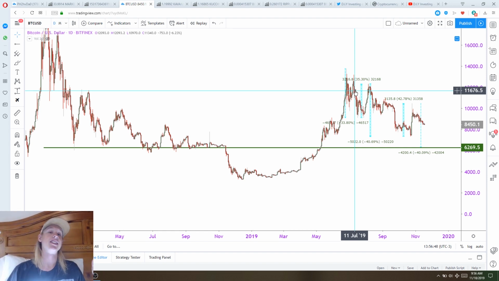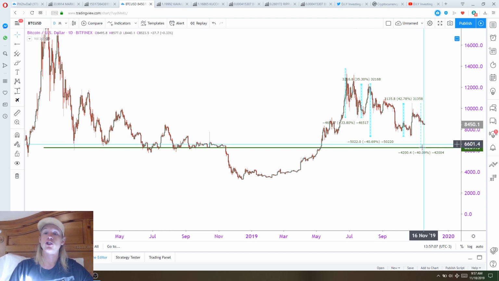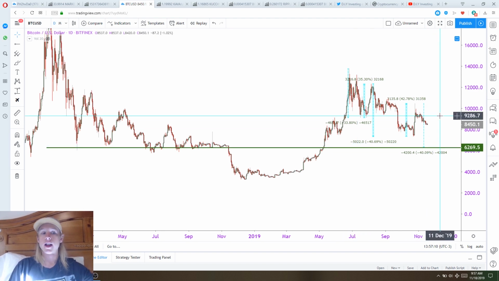Now, remember, guys, this is not financial advice. This is just my own personal trading plan. I'm telling you guys what I'm doing personally. And if we start dropping further, I will put every last bit of cash I have into Bitcoin. If I had any assets, I would be selling and liquidating everything that I had to buy Bitcoin, because I just don't see us likely falling down to this level for much longer. And so this is the analysis that I wanted to share with you guys today.